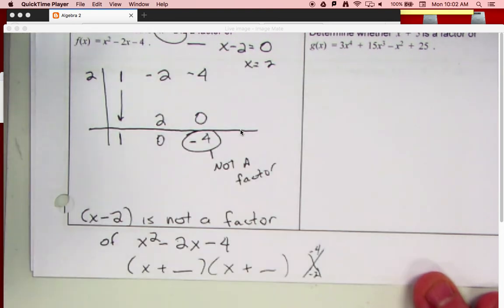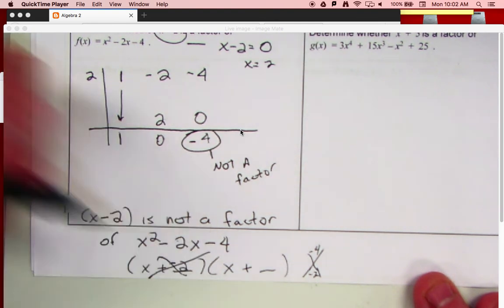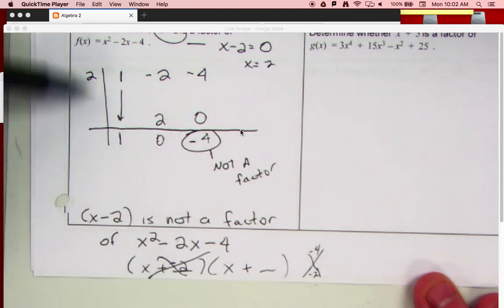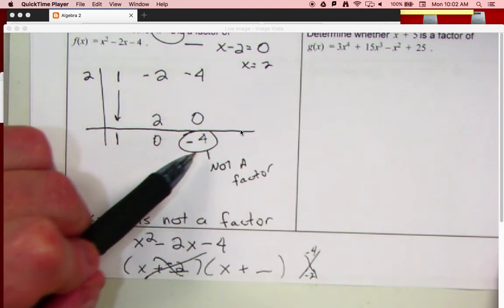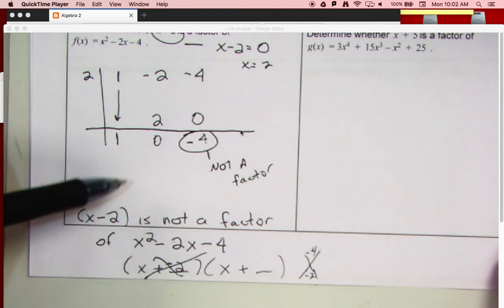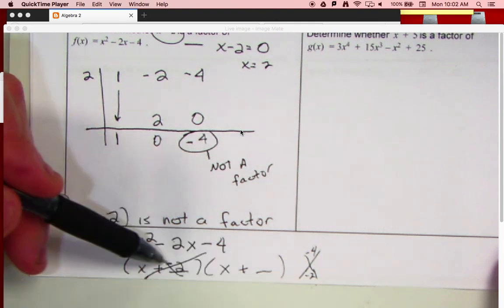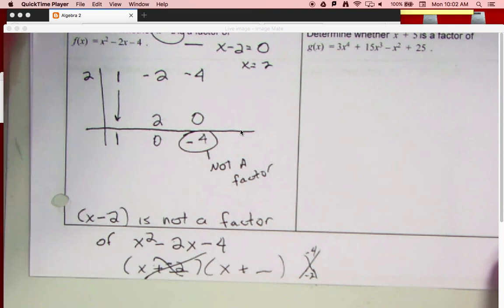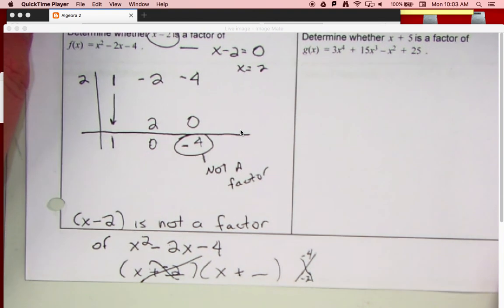Okay, in particular, one of these answers will not be -2. Okay, so that's what this is saying. This is the process to figure that out. All right. If we were to happen to get a 0 there, then we would say that x minus 2 is a factor, and if we went ahead and factored this, one of our binomials down here, or maybe both of them, would be x minus 2. But it's not. Here's a shortcut way to do it, and so we can stop there and say